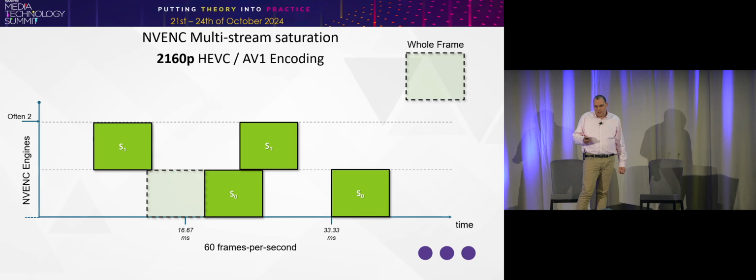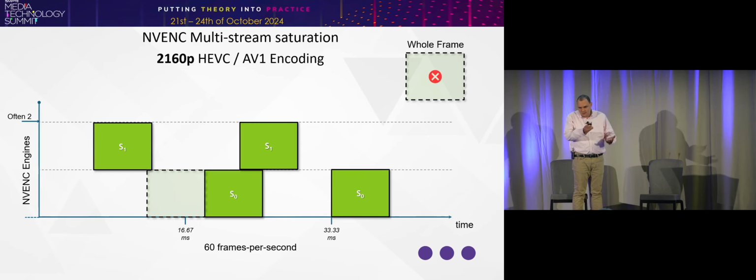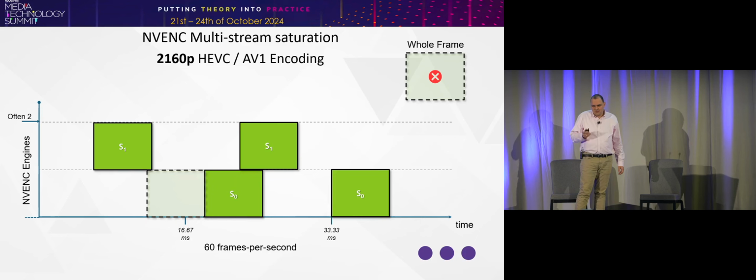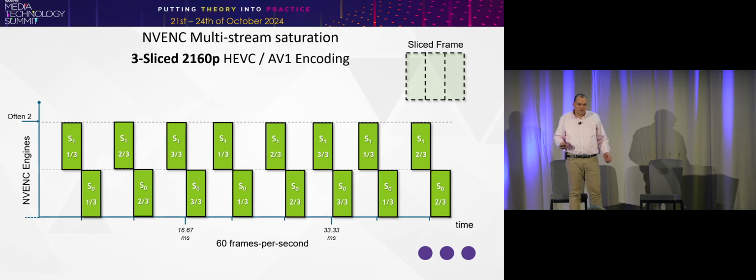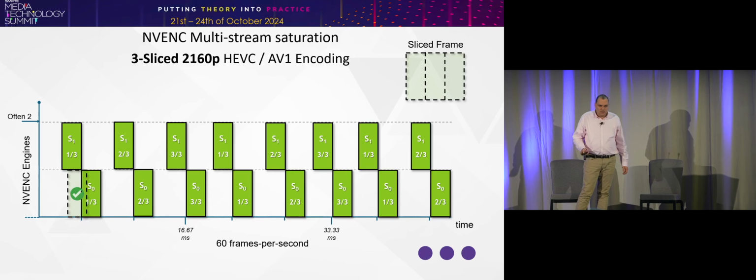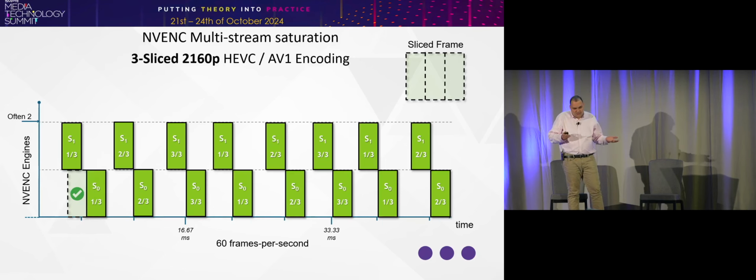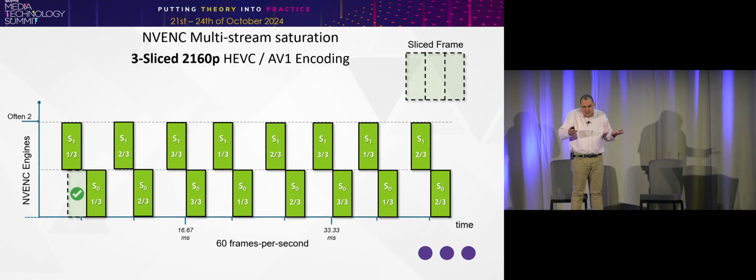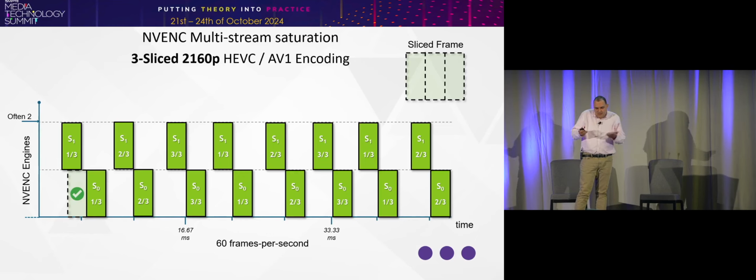Now, let's take a look at what happens. Anywhere on this whole frame, if you have an overlap of another frame, you get latency. So now let's see what happens when you slice. When you slice, sometimes a little different. So again, this is not bothering anything, perfectly okay. And this, in fact, is also perfectly okay. And yes, this is going to get pushed back, but you don't really care because there's still plenty of time